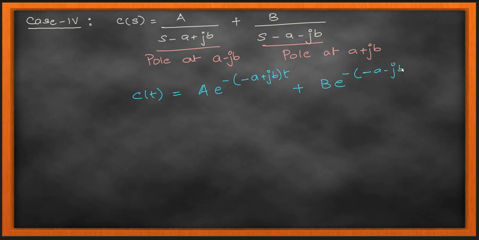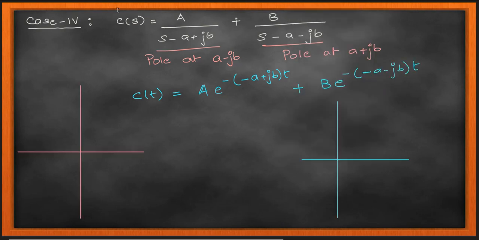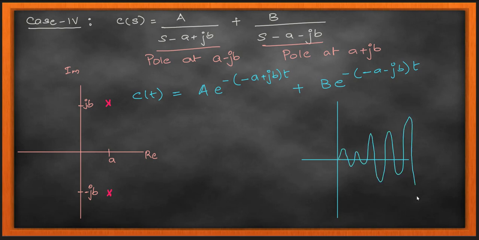All right, good. And now I'm going to do the two plots for you. The imaginary pole is going to come on our right hand side, jB and minus jB. So these are the poles, A plus jB and A minus jB. And you see the response, it is unstable. So the response c(t) is increasing, it's rising, and it is tending towards infinity, or it's getting unbounded, or it is an unstable system.